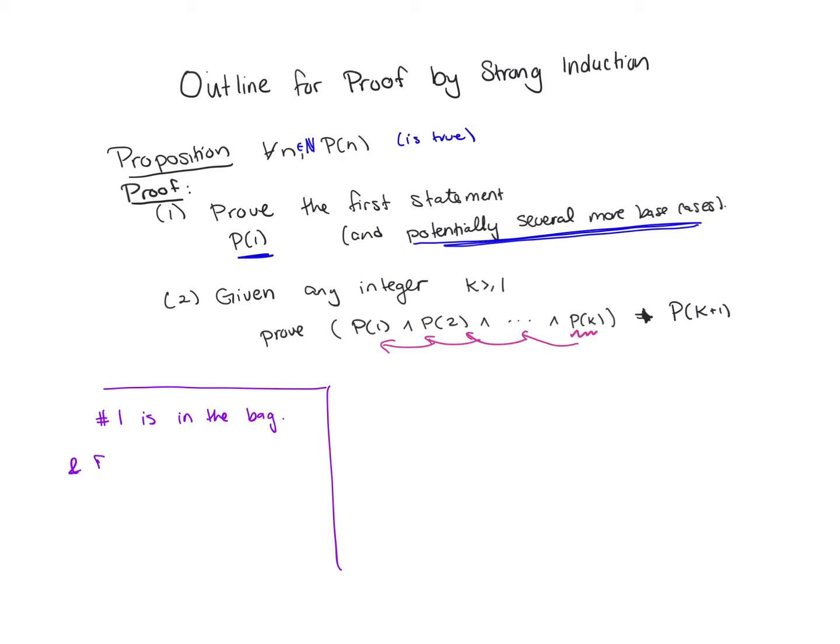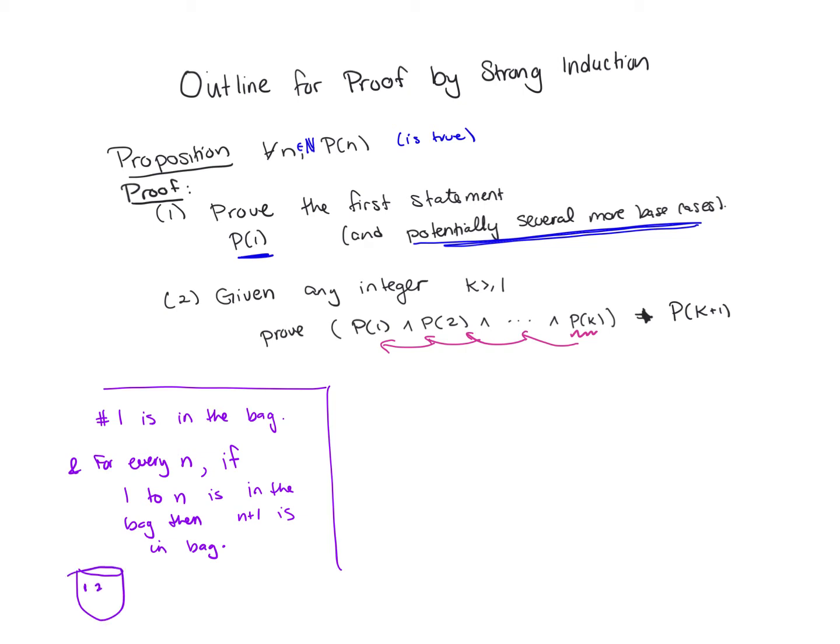And for every n, if 1 through n is in the bag, then n plus 1 is in the bag. So I'm not going to just be able to say, oh, well, if 1 is in the bag, 2 is in the bag. Well, I guess I can. I'm not going to be able to say if 2 is in the bag, 3 is in the bag. But I will be able to say if 1 and 2 are in the bag, then 3 is in the bag. But right, that's still going to give us every number being in our bag, because 1 is in there,